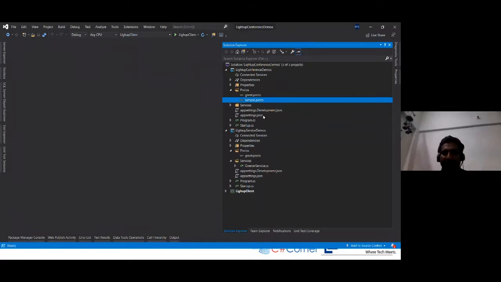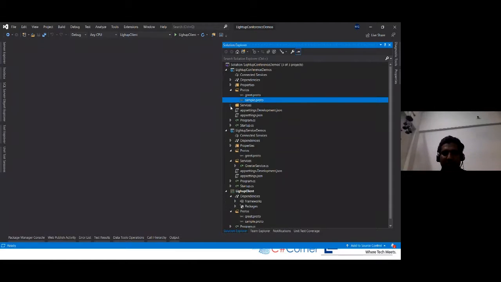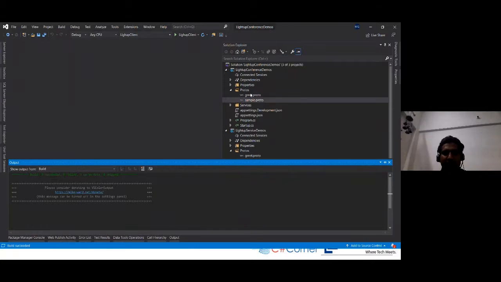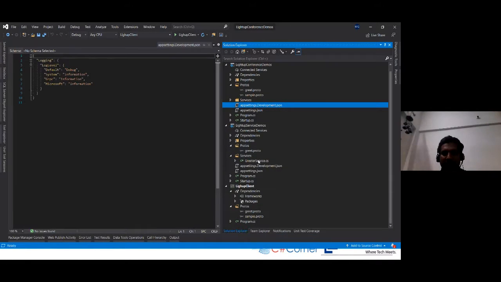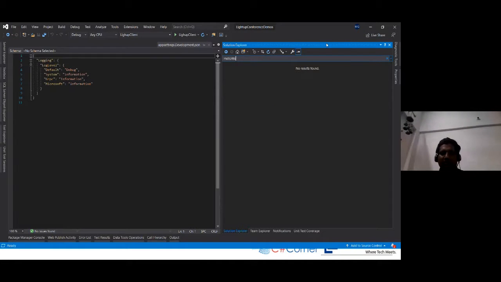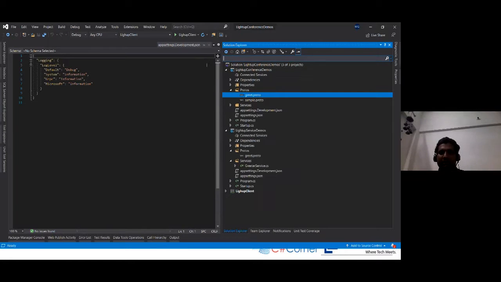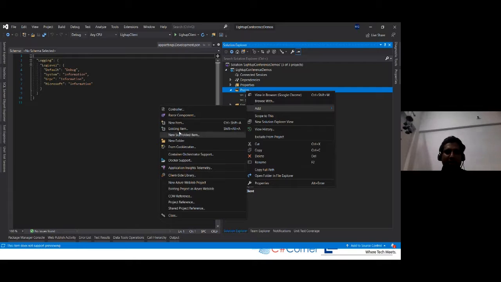Let me close them all. Okay, I guess I misplaced it somewhere, so let me add one proto file again.